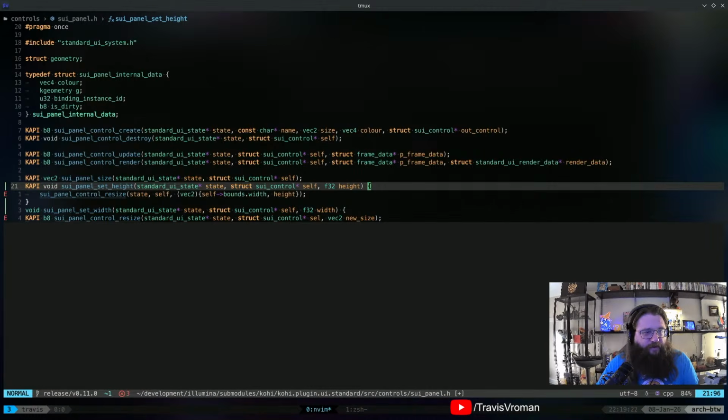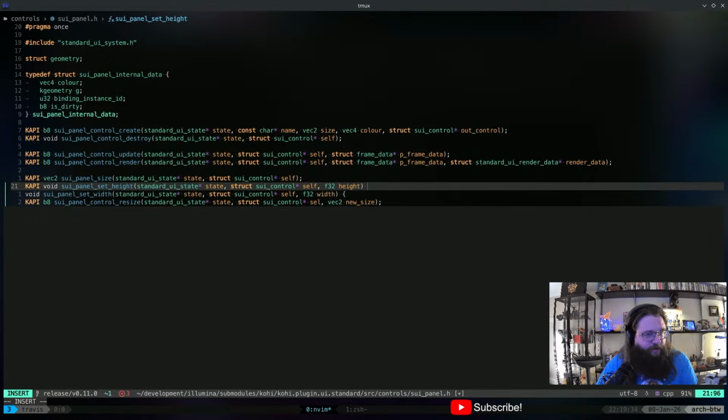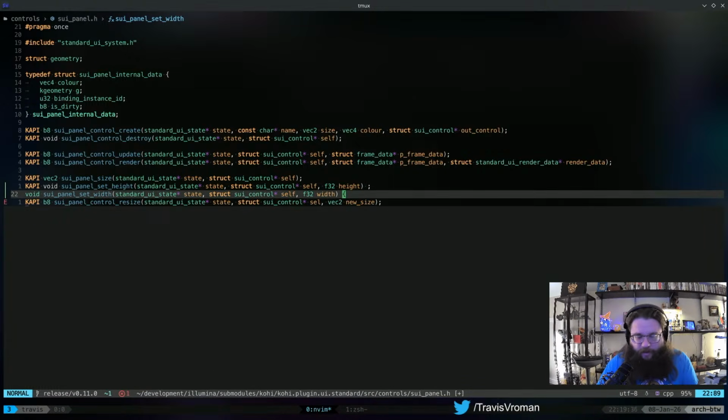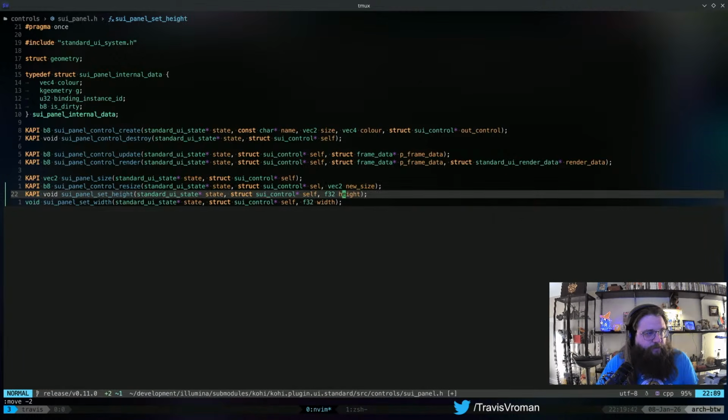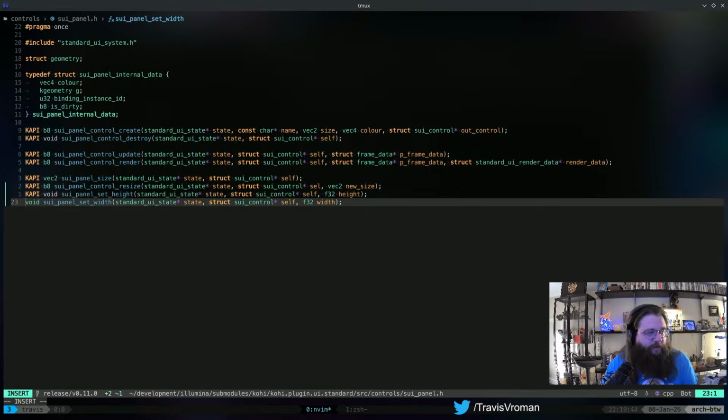I really ought to move this to the self or the base control. Keep hitting the wrong keys. There we go. But I think this is a little bit quicker for now, at least. Let's export this symbol. There.